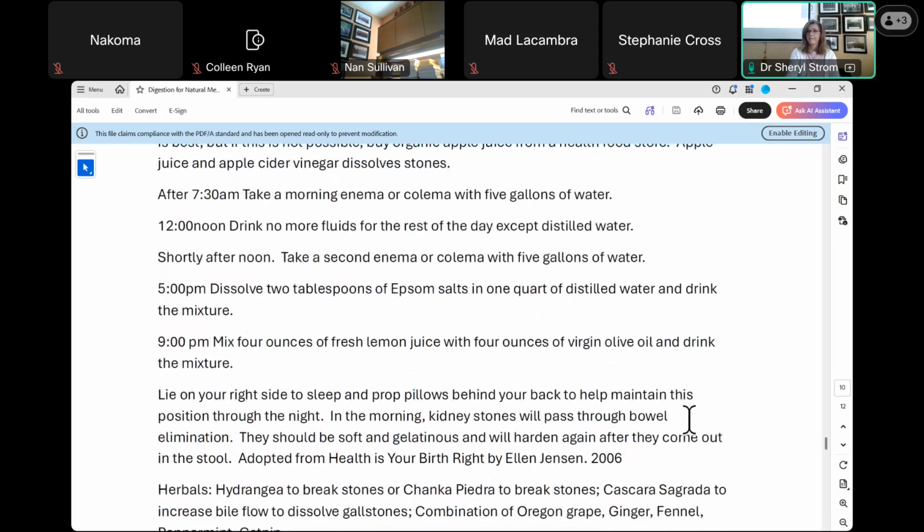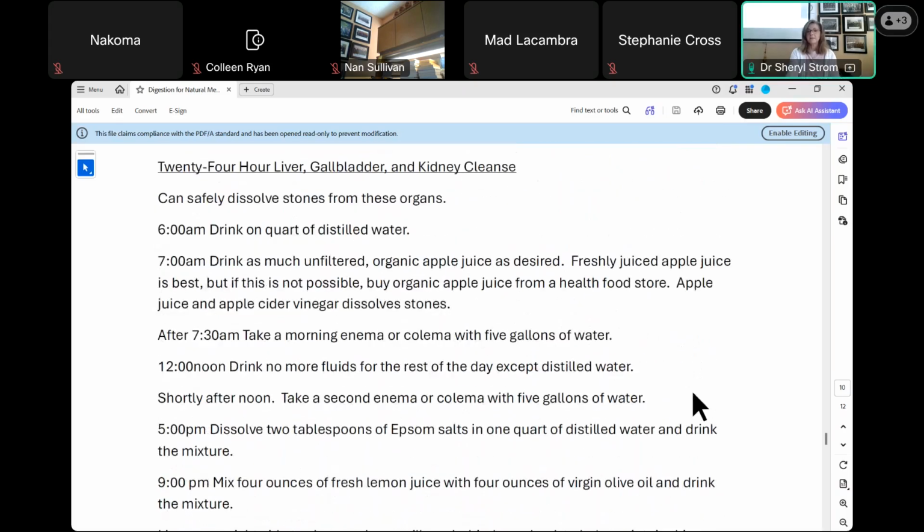All 5 gallons in there. Some people can hold it. Yeah, some people can do it. That's why I said, use your critical thinking. I personally can only do 1 gallon. That's why, you know, put it in there up to 5 gallons. I can't do the 5 gallons. I only did 1 gallon.